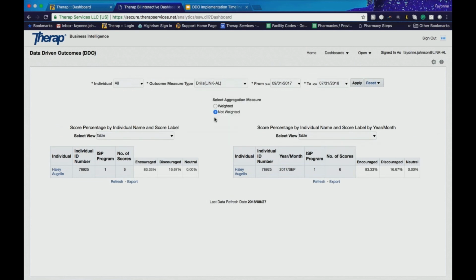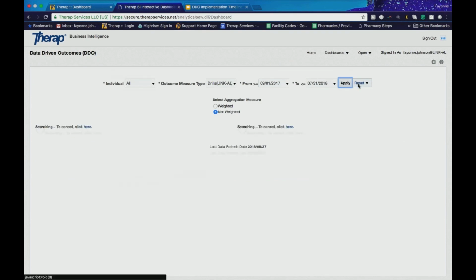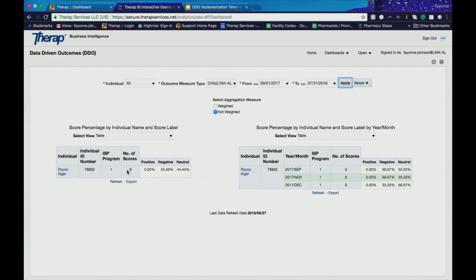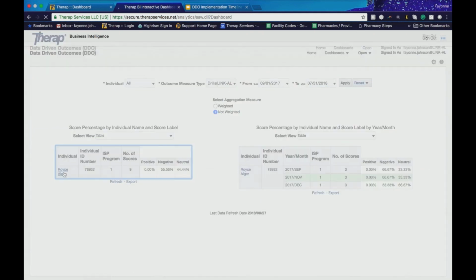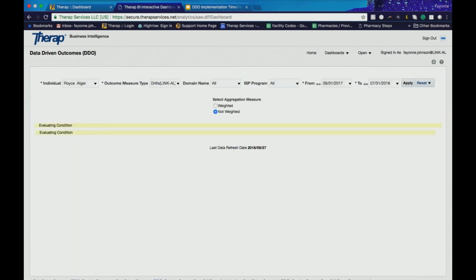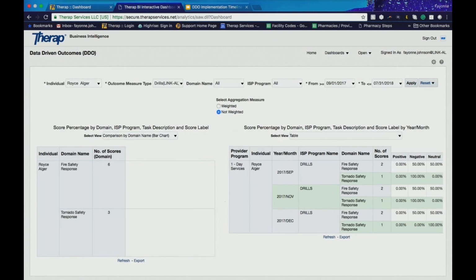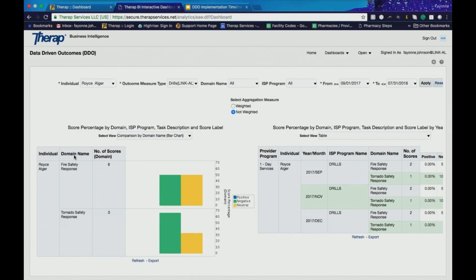So for example, if I'm done looking at the information for behaviors and I want to switch to information related to my fire drills during that point in time, I can use any of these filters on the top and break that information down to see who's included, and if I want to see the performance on an individual level by clicking on that individual's name. Okay, so those are just at a glance some of the different ways that I can look at that information,